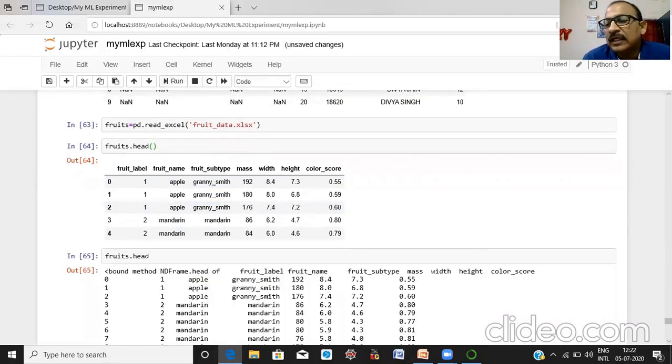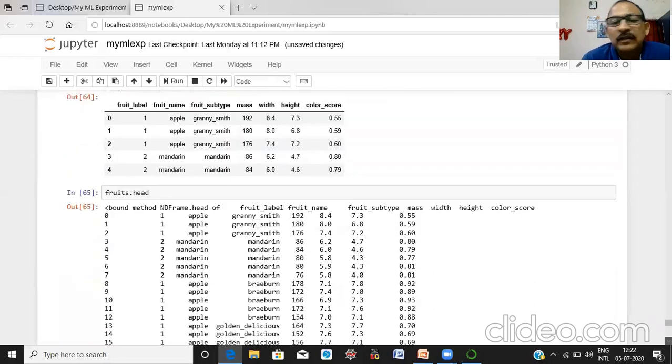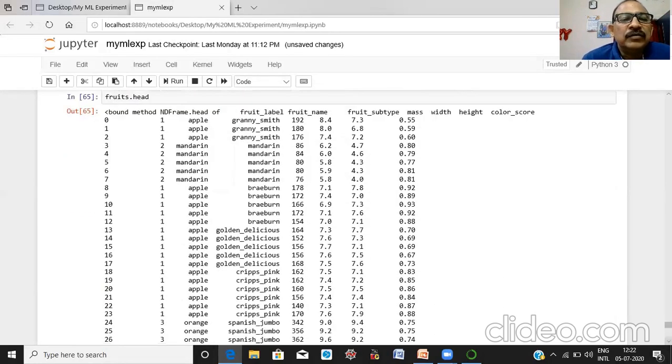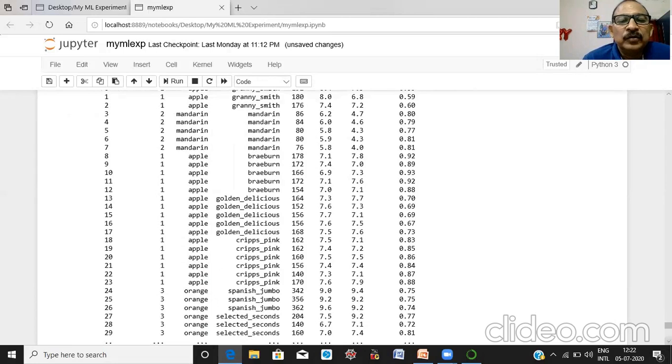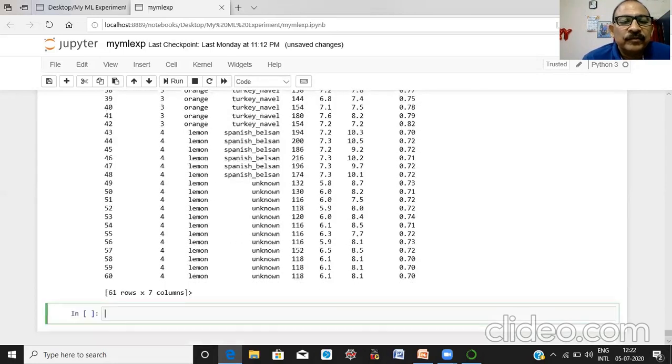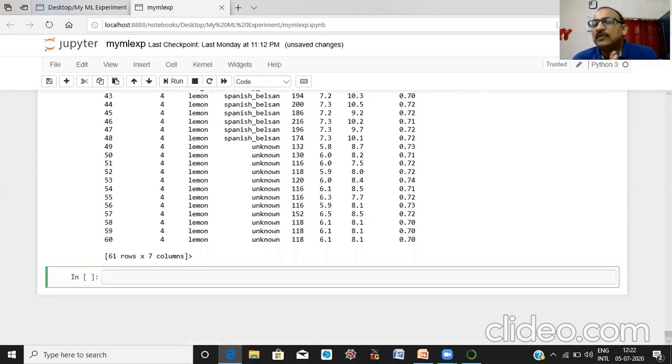This is the entire contents of our data set. Here we want to know the number of instances of each type of fruit.